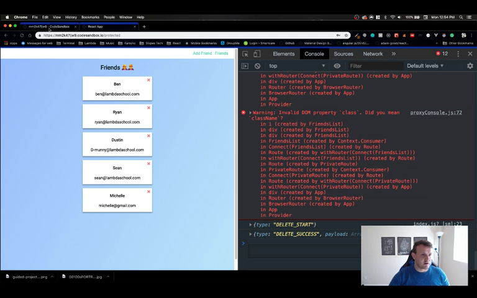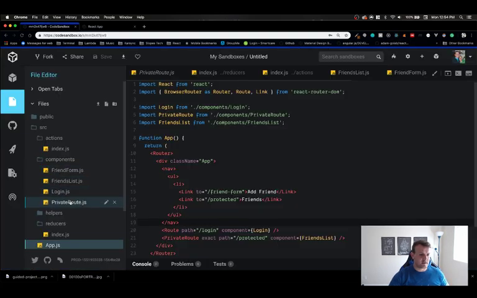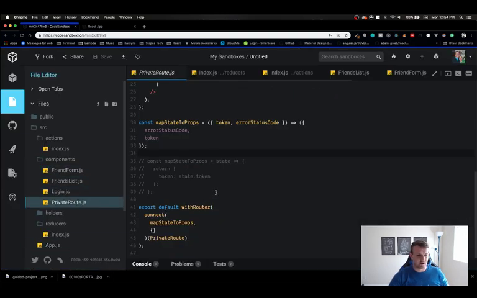So the next part that we want to do, let's take a look at our private route just to see how we're using that error status code that I talked about. If at any point we get a 403 returned, if we don't add a token, or not for this project, but for any other server that you may work with, if the token times out or if the session times out, then